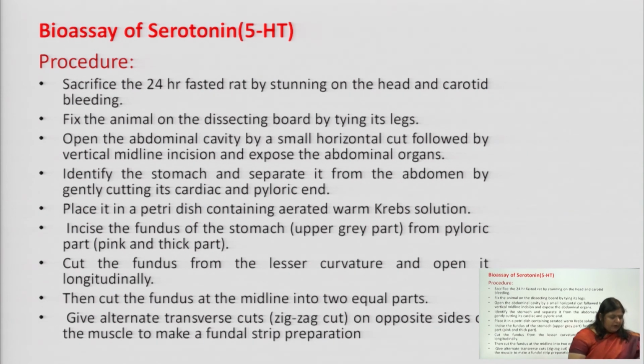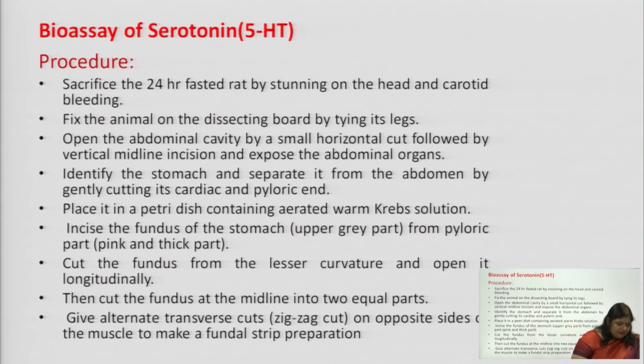so various samples are produced. Now, what is the procedure? We fast the rat for 24 hours, and kill it by carotid bleeding, by giving anesthesia, or by stunning on the head. This method is not approved by CPCSEA now, so the stunning method is not used. We give anesthesia, and by carotid bleeding we sacrifice the rat. Then we fix the animal on the dissecting board. We open the abdominal cavity by a horizontal cut in the middle region of the abdomen,